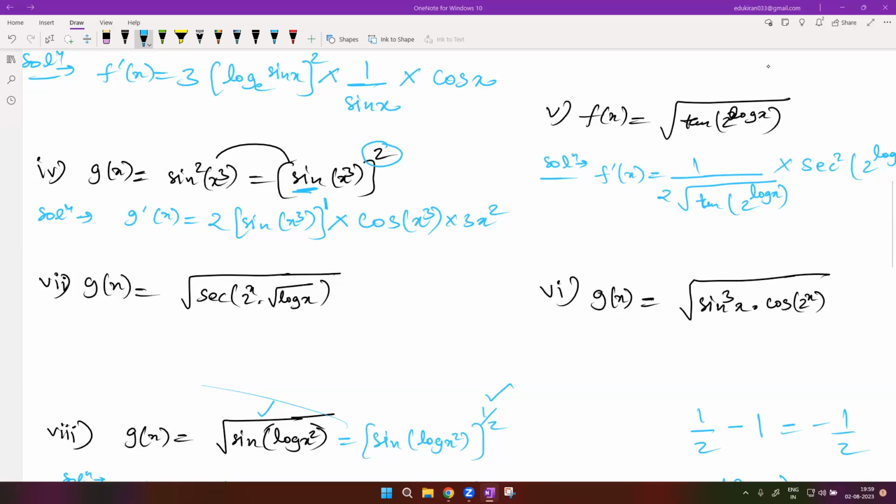Okay, guys, see, this will be very useful. Differentiation and integration will almost constitute like 50%